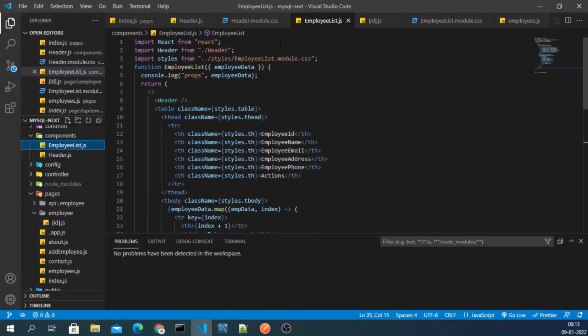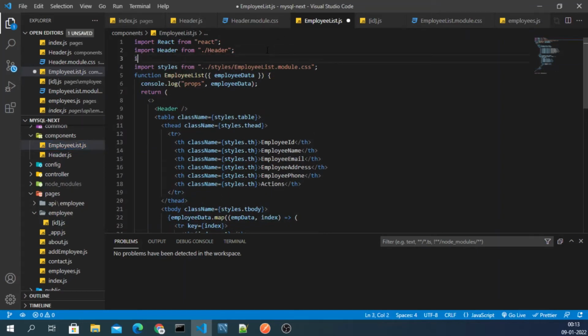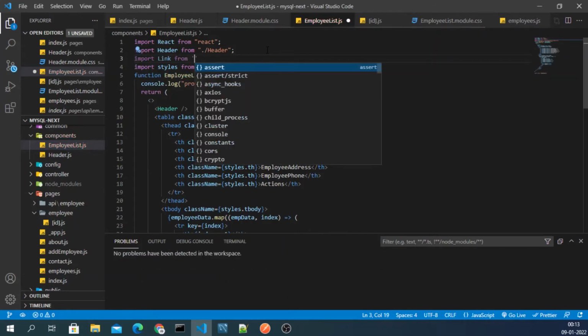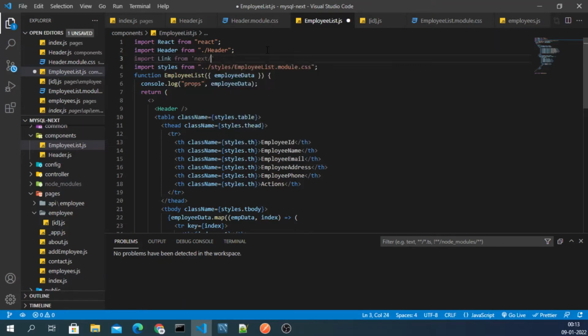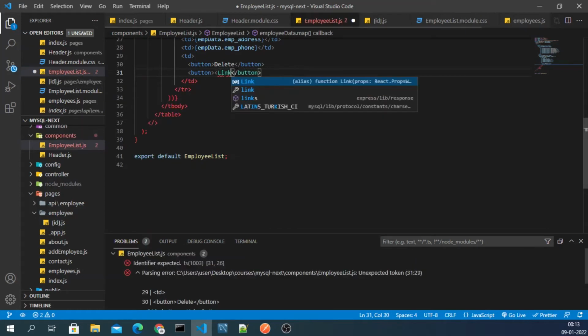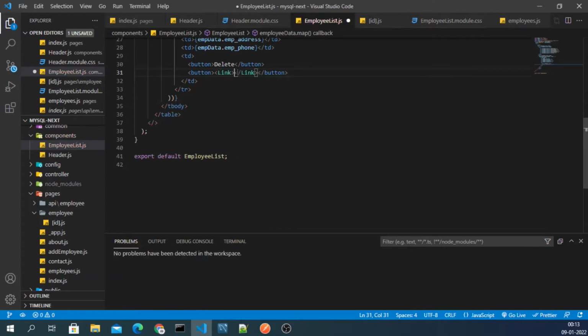So let me first import Link from next, and then we need this link just here. So we will write Link and then Update like this.